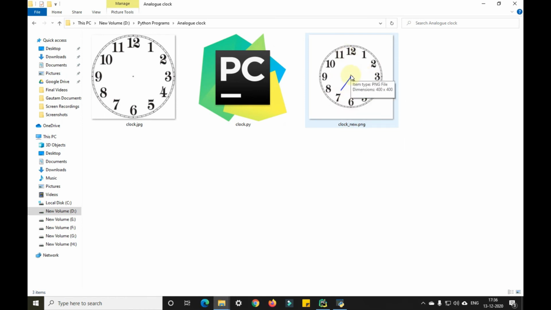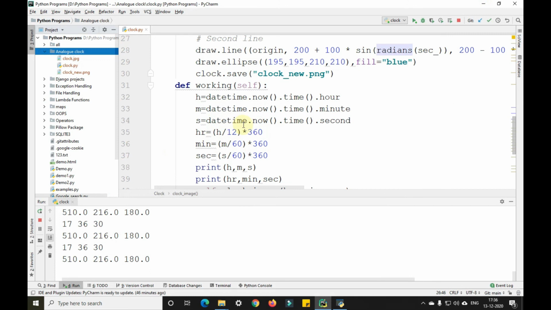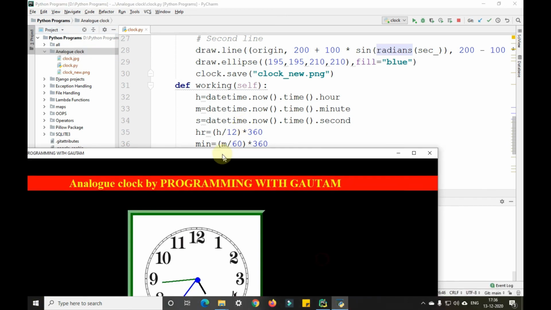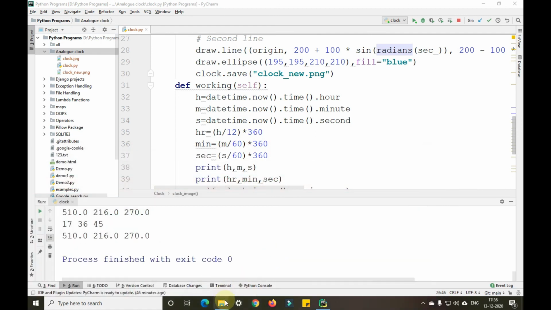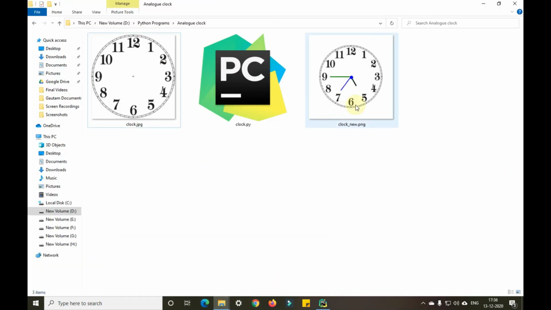Even it is changing here, as you can see in this image as well. So for each and every time this working is being called, that image is also being called, and it is being saved with new second line each and every time. So that is being called for multiple times, and it is being saved here for multiple times. It is being overlapped on that particular image only for multiple times here, as you can see.